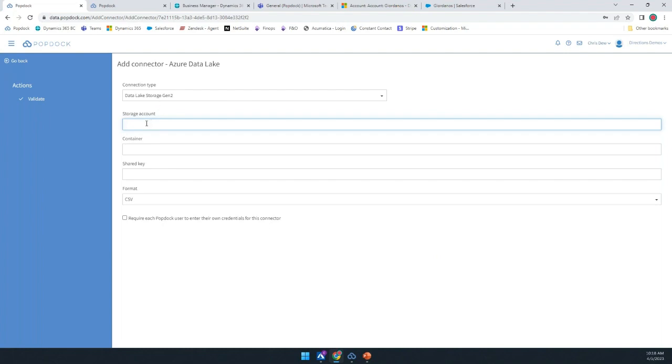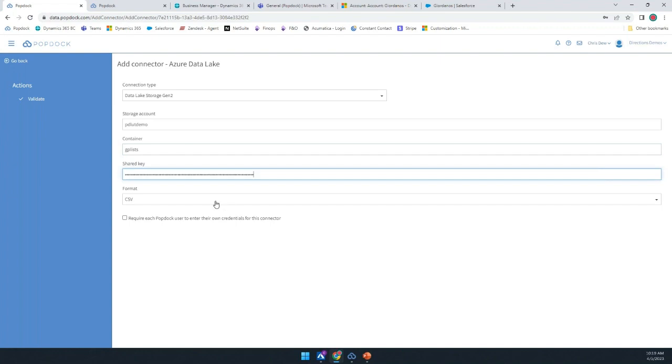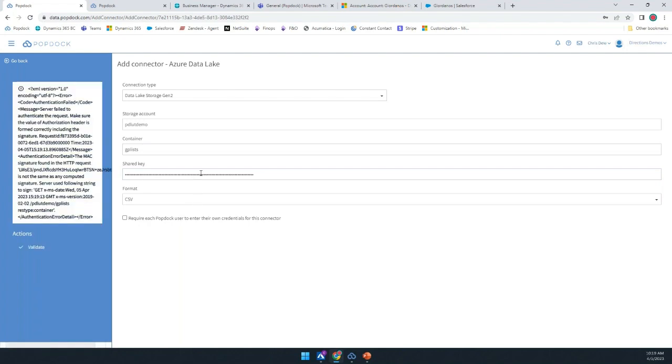So we'll pick the data lake storage Gen 2. The storage account is what I just created for you, and that's called PDLUT demo. The container on this one, I'm just going to use my GP lists one. And then here's the key, which is a big, long, ugly shared key. So I'll hit validate, and if everything goes well,